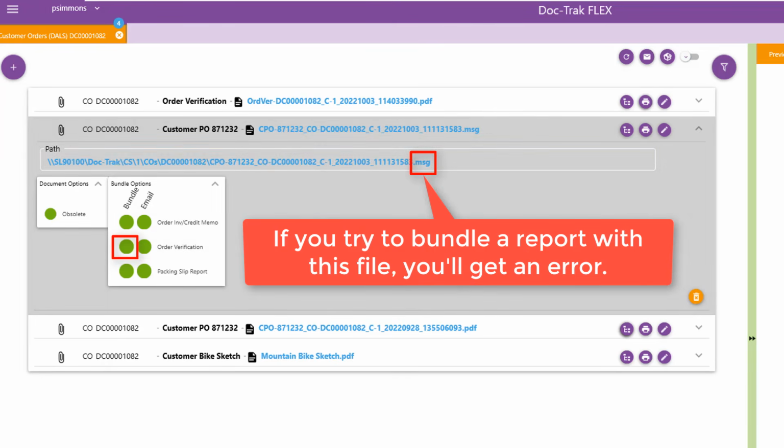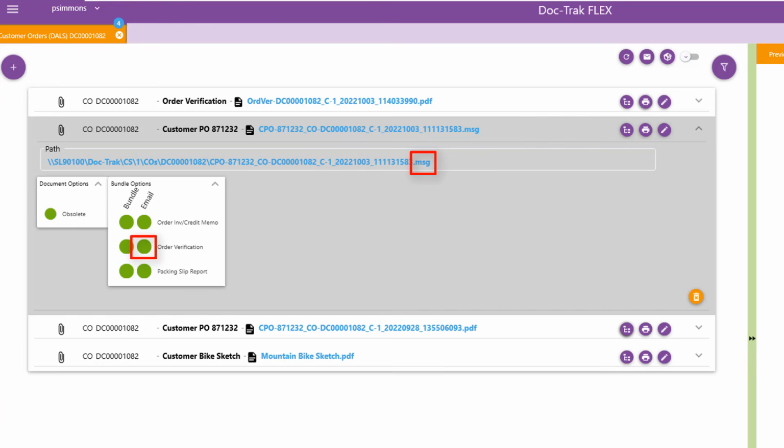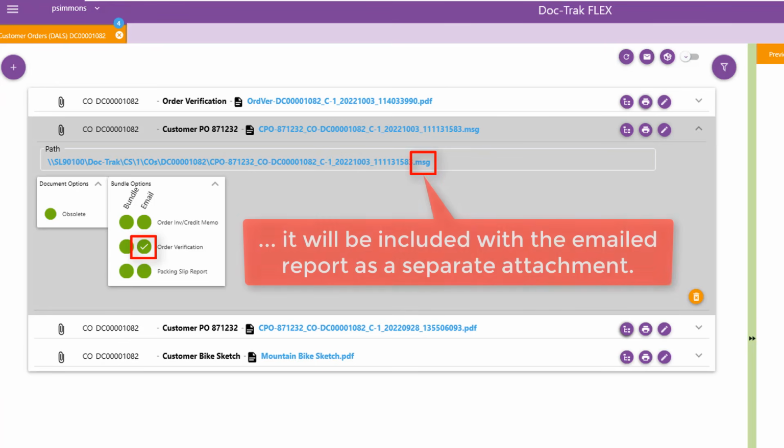If it's not a PDF, text file, or a picture file, then you'll probably get an error and it's going to fail. However, we do have this other bundle option called Email. When you select that one, the attachment will not be bundled with the report, but if the report is set up to email automatically through DocTrack, the file will be included in that email as a separate attachment.